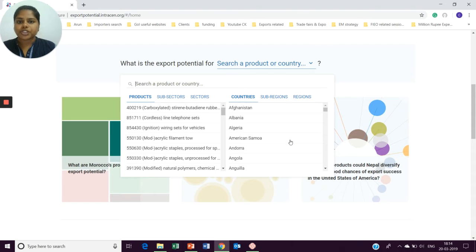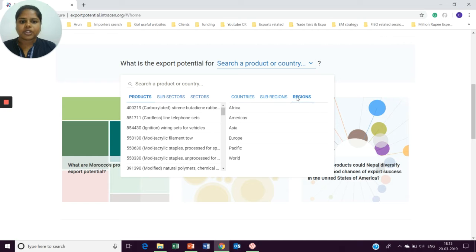But you have to be cautious, not all the HS codes will be covered in this. This tool covers almost every country, but when it comes to products, certain products may not come up where there is not much scope for the product in future or the data available is very meager to come to a conclusion. So let's see if there is an export potential for future exporters.